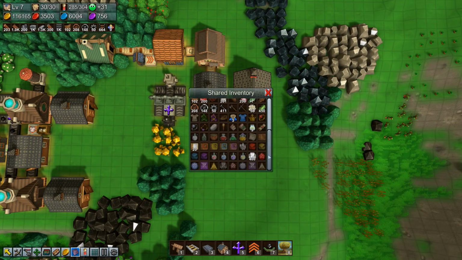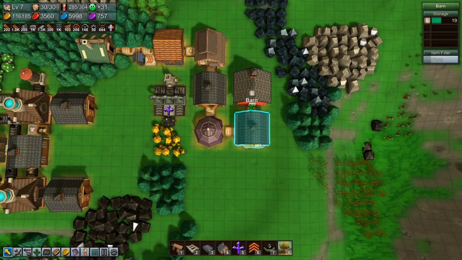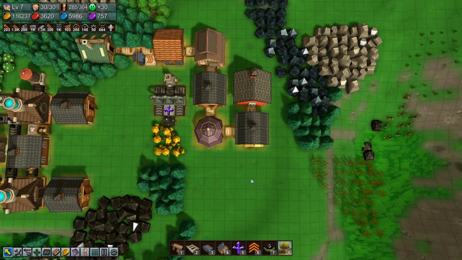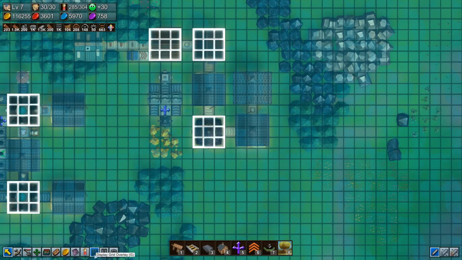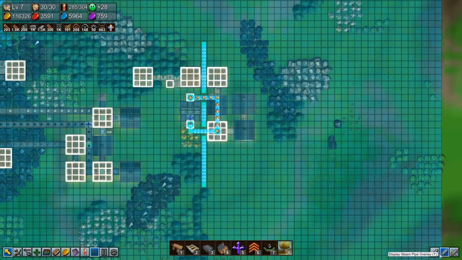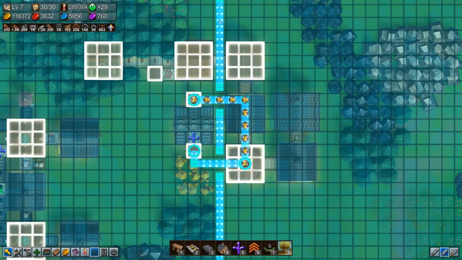I is the shared inventory. So I is your overall inventory. That's everything you have in stock. P is goods. I should know these shortcut keys, but I don't. How do I get to display grid overlay? G. But I thought T was supposed to be the... Ah, it's down here. Omni pipe. There we go. I'm blind. Right. So to get back to what I was saying, yeah, if we run this down here,